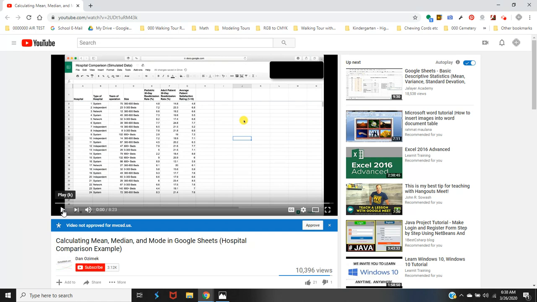And this is what would happen if you had searched for it yourself. At some point, he's going to start talking about some things besides mean, median, and mode, and we'll stop the